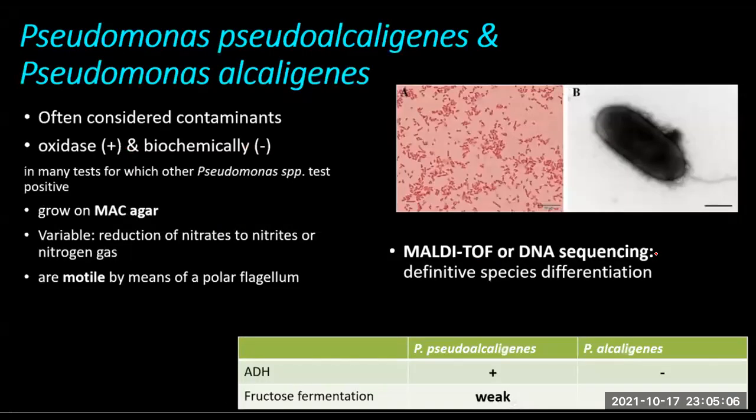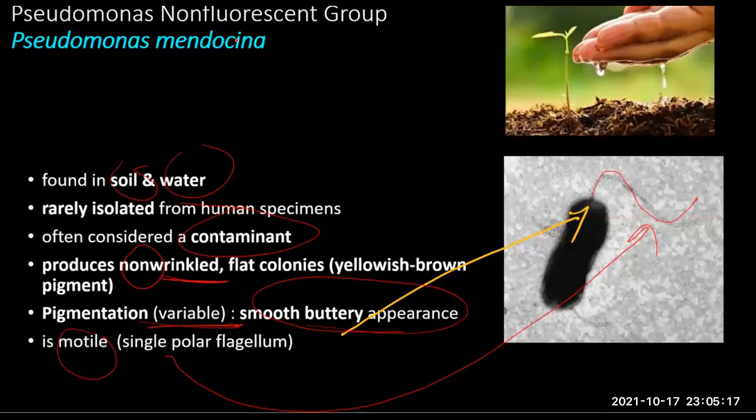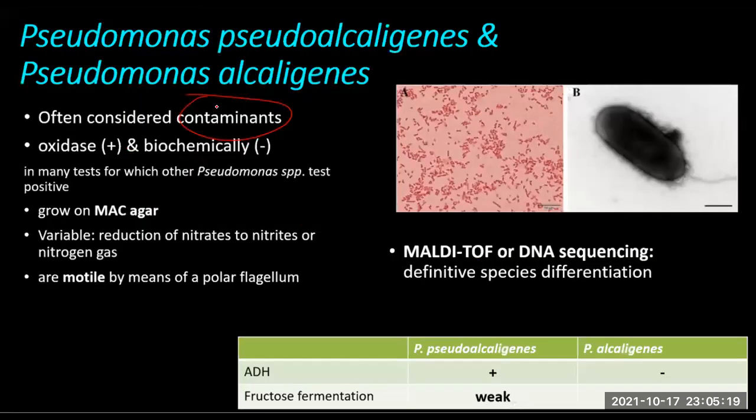And then we also have Pseudomonas pseudoalcaligenes and Pseudomonas alcaligenes, often still considered contaminants. This one is a contaminant, right? Mendocina, this one is also a contaminant. They are oxidase positive and biochemically negative in